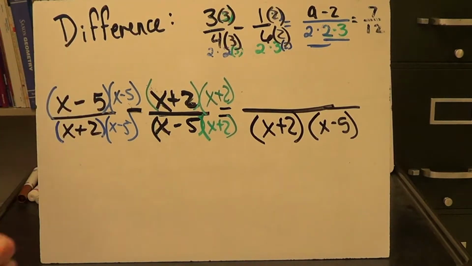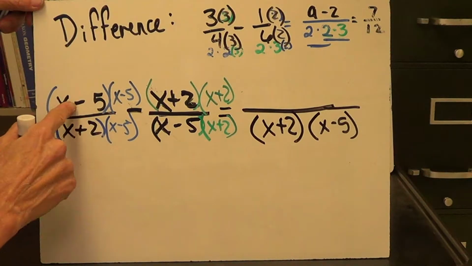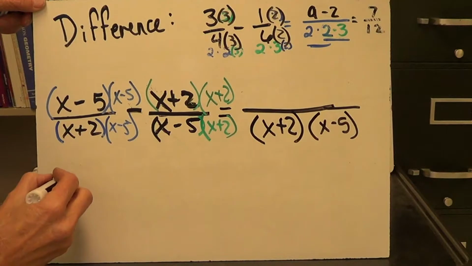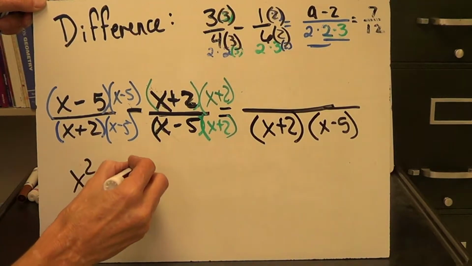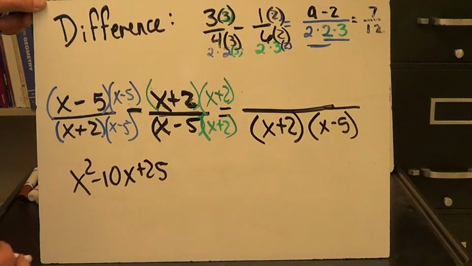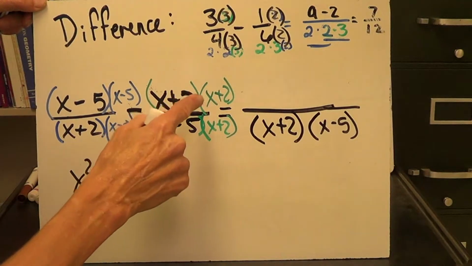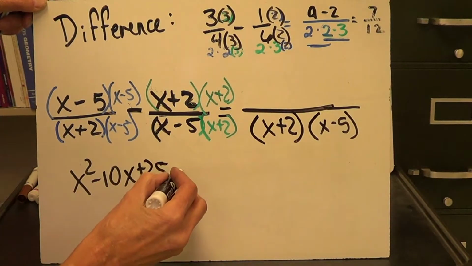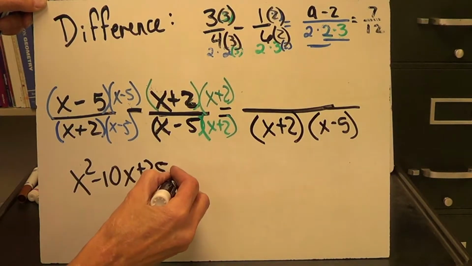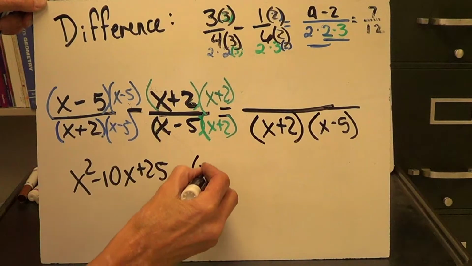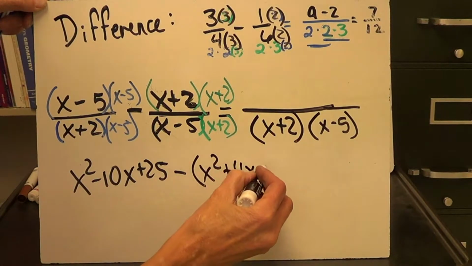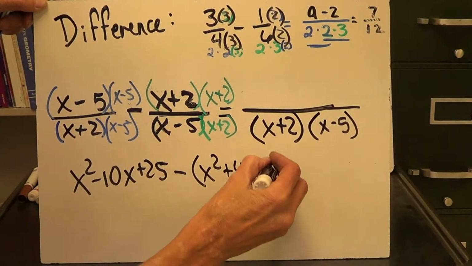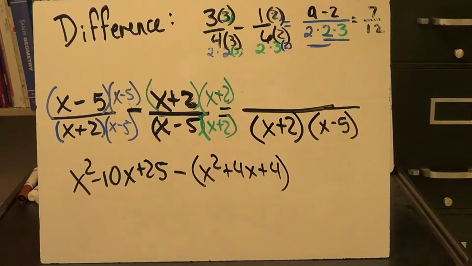Okay, now your answers there should have been, for x minus 5 times x minus 5, you should have gotten x squared minus 10x plus 25. And for x plus 2 times x plus 2, you should have gotten x squared plus 4x plus 4. And that would be it. Okay? Now,